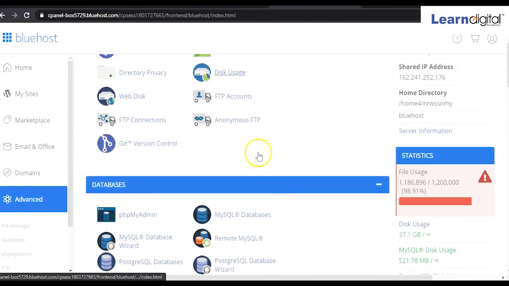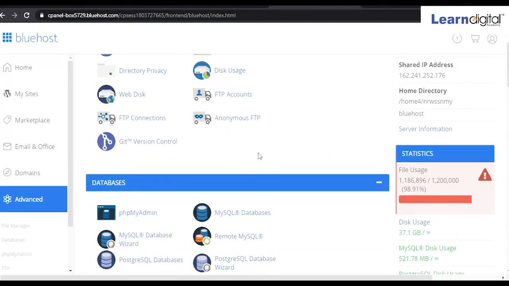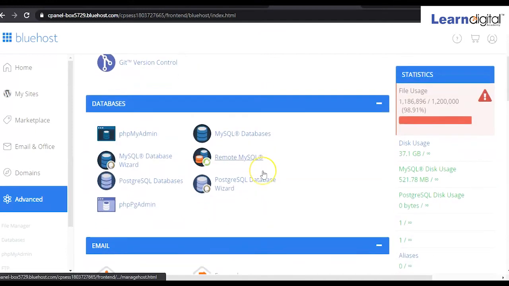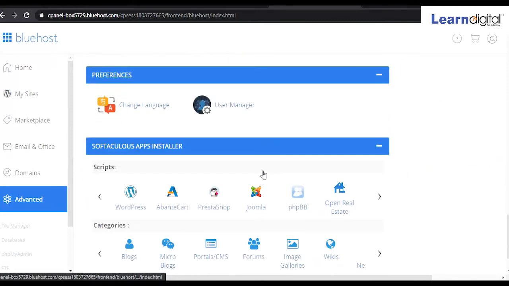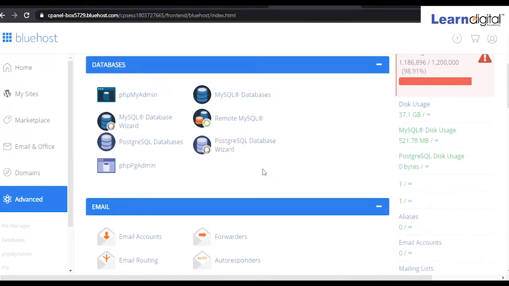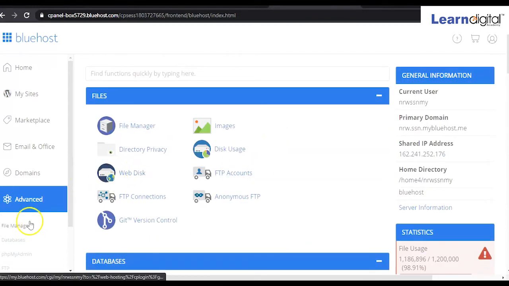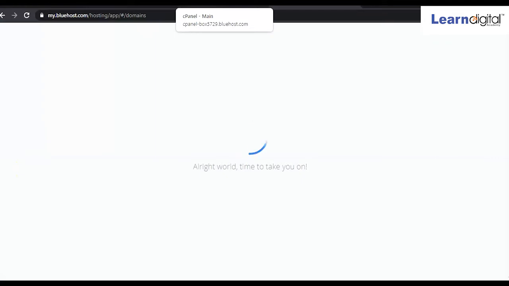Now just assume that you have purchased a domain from a different platform, like GoDaddy, and you have purchased the hosting from Bluehost, right? So here you have to add your domain. One option will be Add On under domain. Okay, we'll check here.